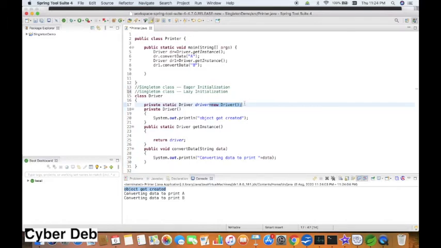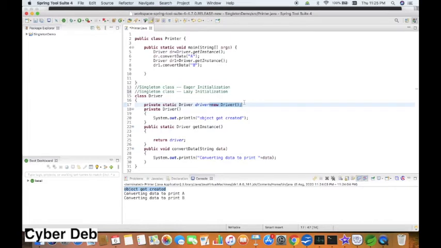In eager initialization, even if the object is not required by the runtime environment, it gets created automatically. In lazy initialization it is created on the fly, meaning whenever the object is required, at that moment only the object is created.